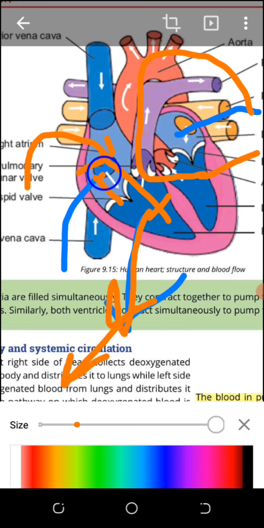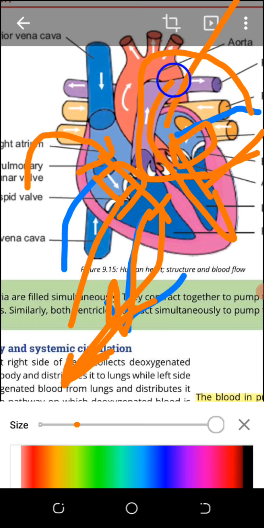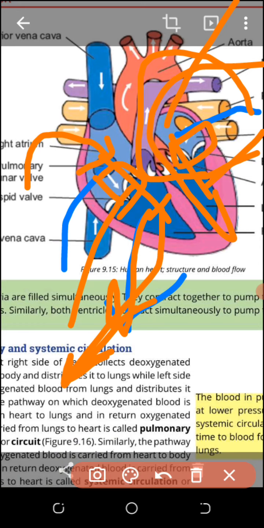Here the tricuspid valve is present between them, which prevents backward flow of the blood so that all blood goes to the lungs. Similarly, between the left atrium and the left ventricle, there is a valve. You can see this is the bicuspid valve, having 2 flaps of connective tissue. Where valves are present, the function is only one: to prevent backward flow of the blood. So blood should not go back to the left atrium, it must go to aorta to supply the blood to all parts of the body.